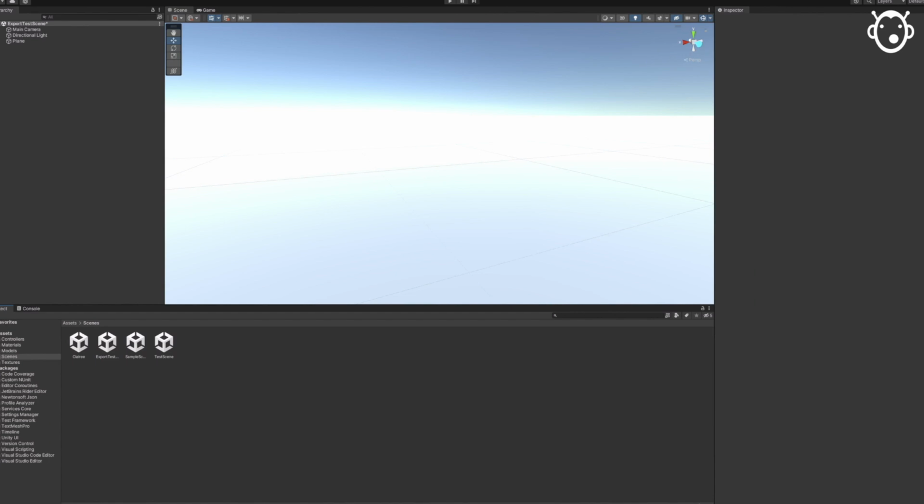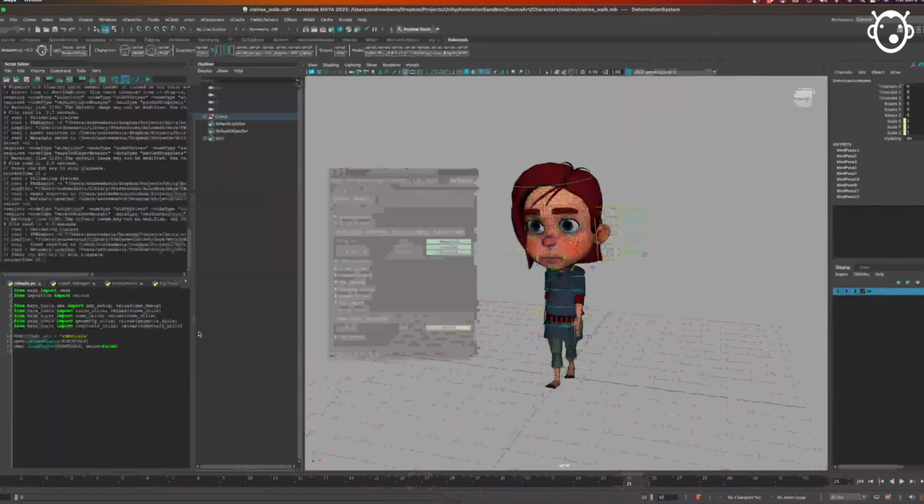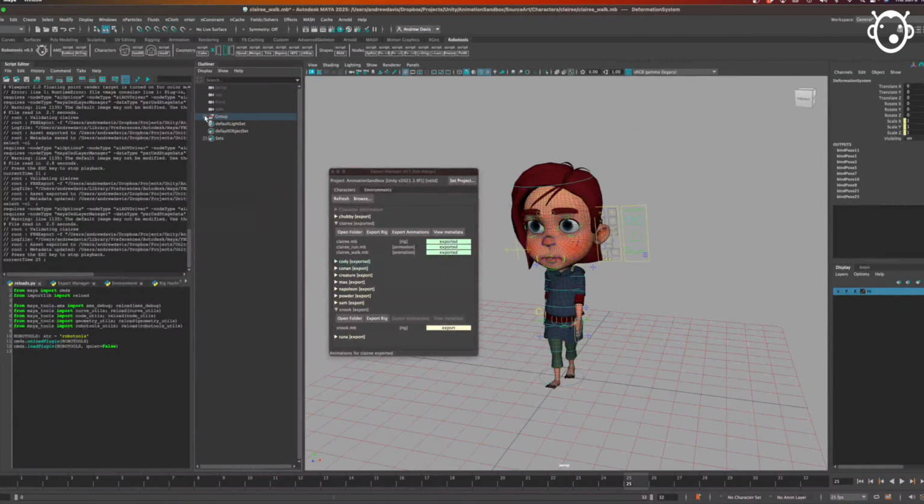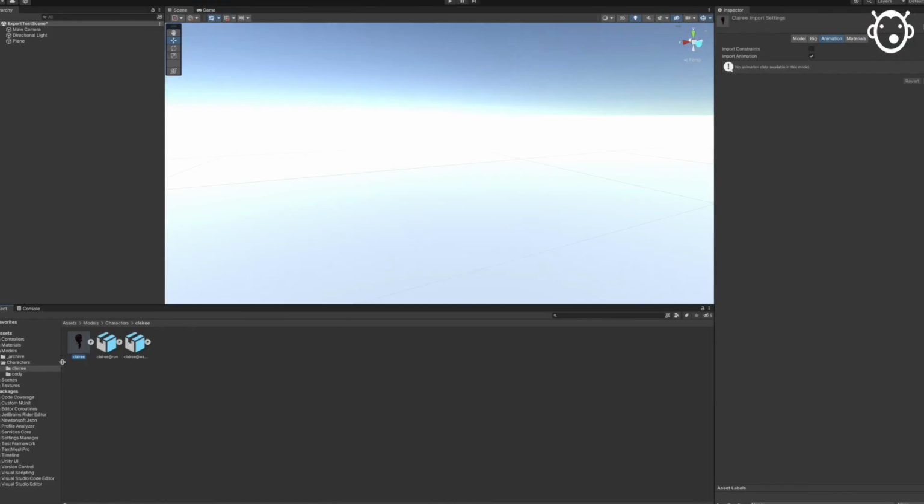And if I go into the models in this characters folder, these are the animations that I've just sent out. You can see that's the model, and there isn't a model in these two animation files because when we exported the animation, there's just the deformation system selected, so it's not sending out the model, so there's just the skeleton there,